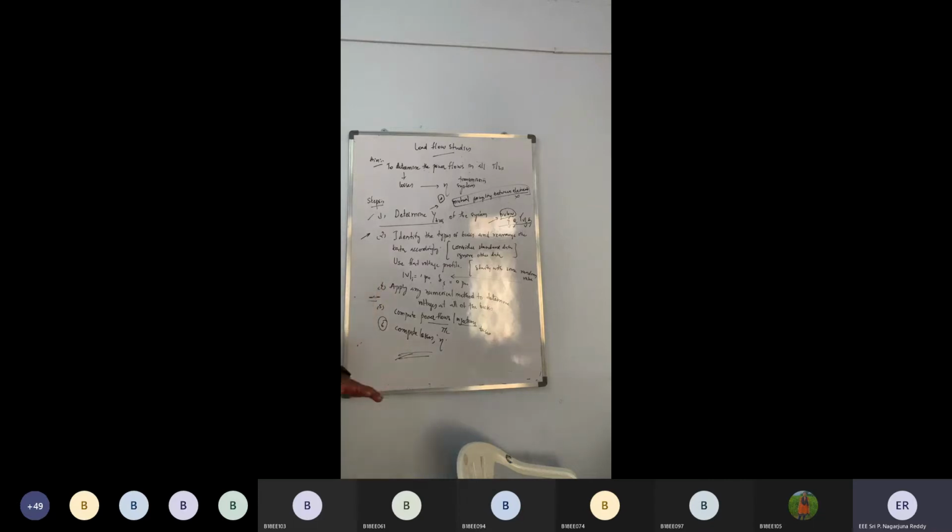So at our UG level, I will be asking you problems which don't have mutual coupling, so you can directly employ the direct inspection method. But if you are going for your MTech or your PhD or your IAS examination, then you are supposed to remember, this is not the way for determining the Y bus matrix. The direct inspection method does not hold good.